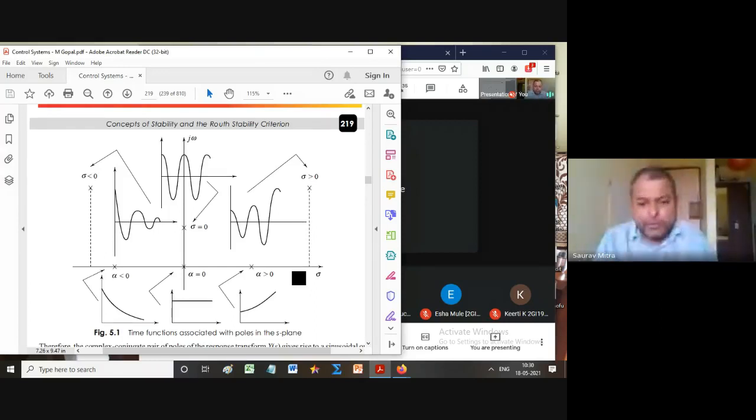Maybe there are 1000 poles, 999 poles in the left side, but one pole in the right side. That single pole will make the system unstable. So not a single pole should be in the right side of the S-plane for the system to be completely stable. So we'll take these cases: two poles in the left side, two poles in the right side, one pole in the left and one in the right. For every case you have to draw the impulse response. Draw means you have to generate that plot in MATLAB, show it, and give a comment.